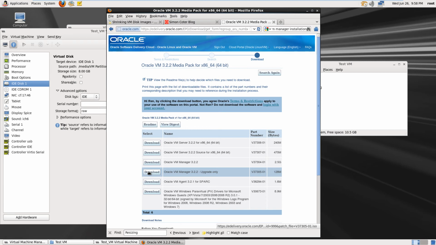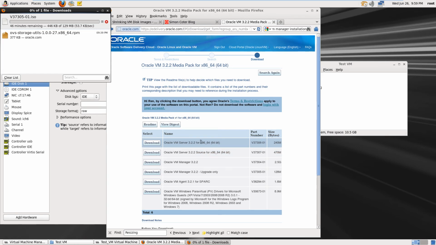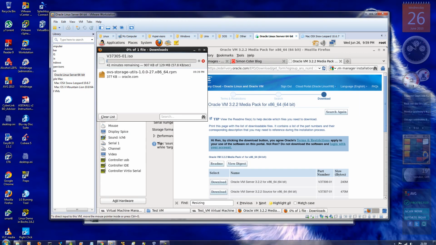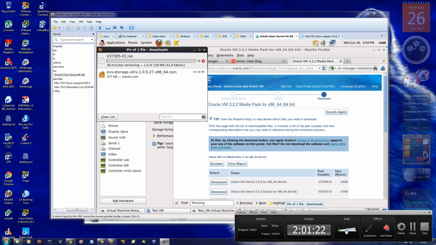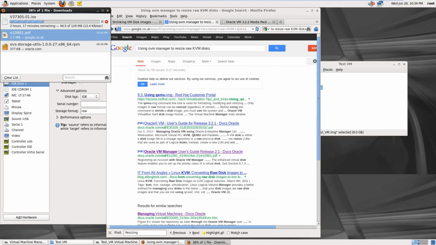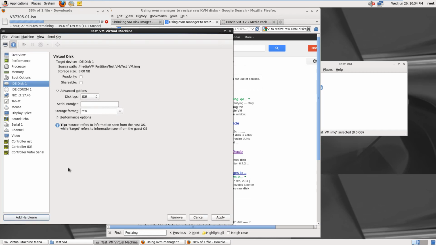Let's try the upgrade only. We'll save this ISO file. I'm obviously going to have to pause the video, so I'll see you in a bit. Do you know, I've decided to just forget about resizing the disc for now, and I think what I'm going to do, I'm going to try installing another instance of